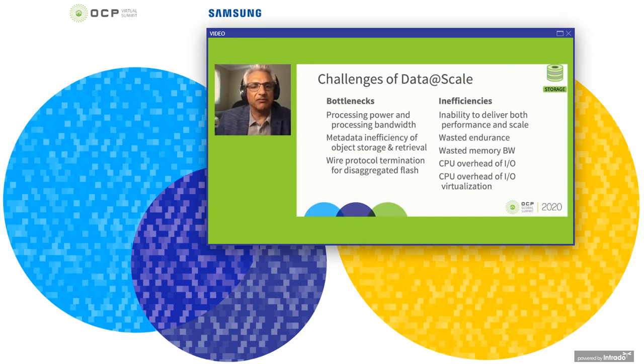Second, with the large number of objects, such as might be found in an image processing or image search system, the sheer metadata inefficiency and the need to update it frequently and in a decoupled way from the objects themselves leads to wasted resources, such as wasted endurance on storage and higher latency and lower throughput.